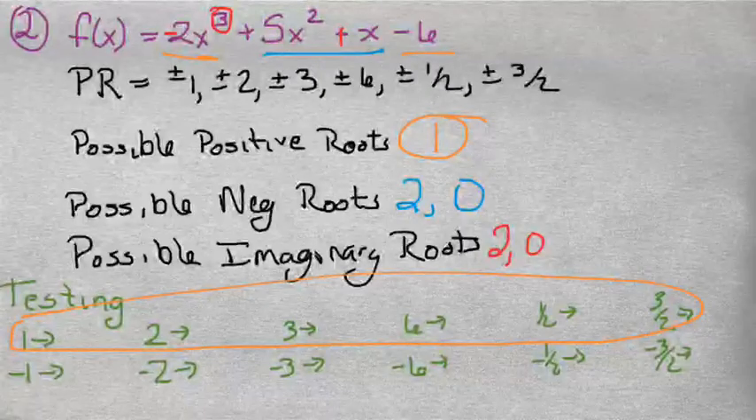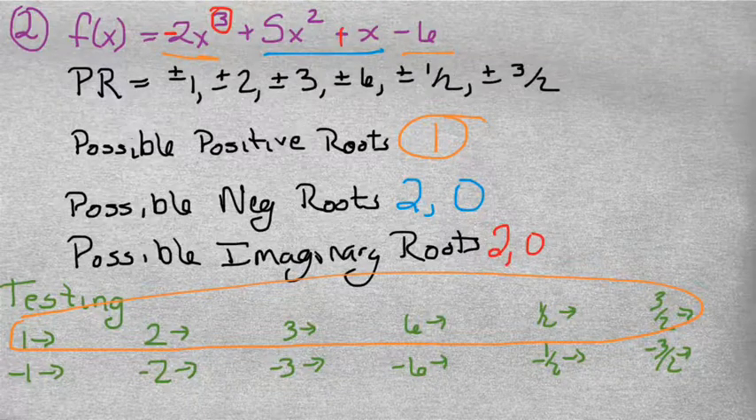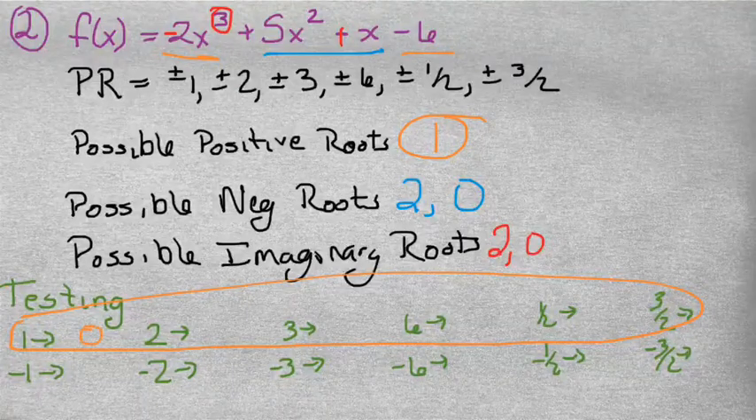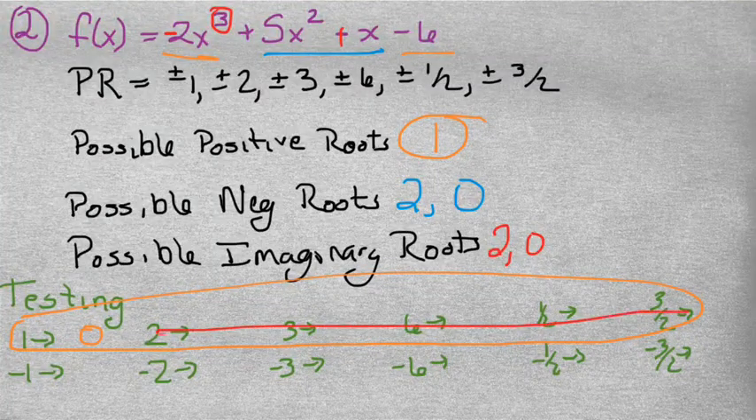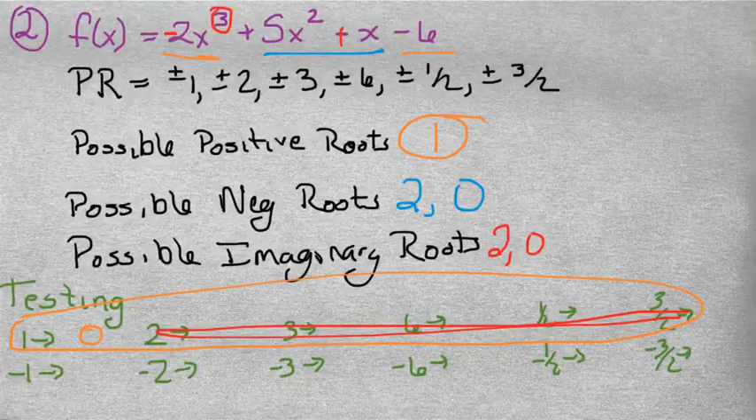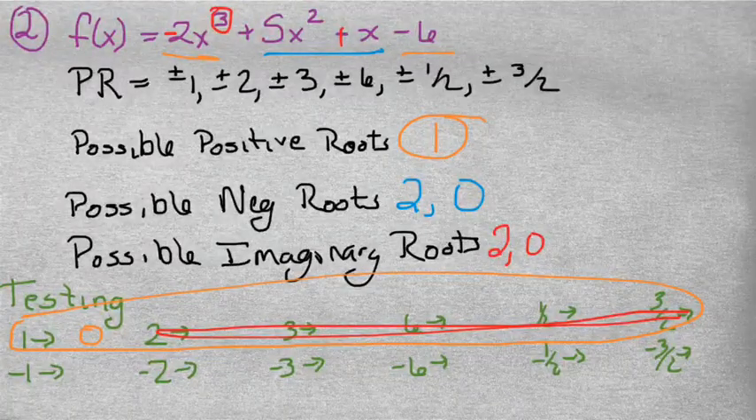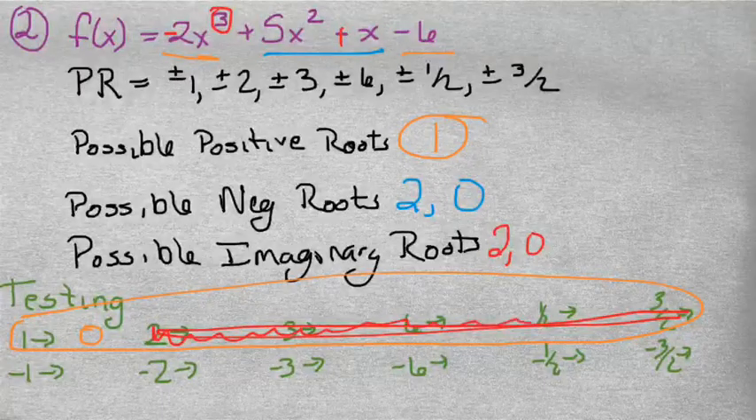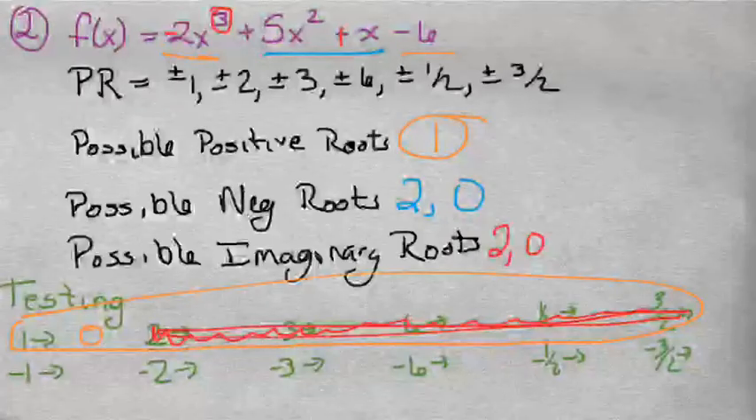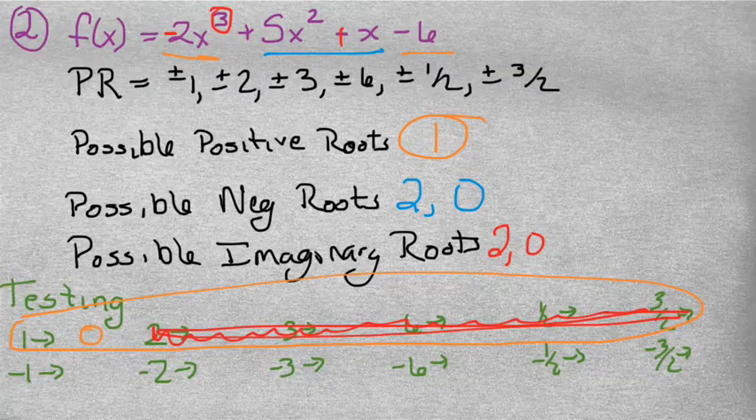If I test a 1, I end up getting a 0. And since I only have one possible positive, that means I don't have to test any of the rest of these. This is where Descartes' rule of signs is helping shorten our work. So I only had to test that one. Now I'm going to test my negatives. And when I test -1,